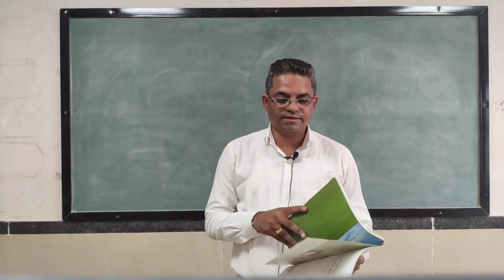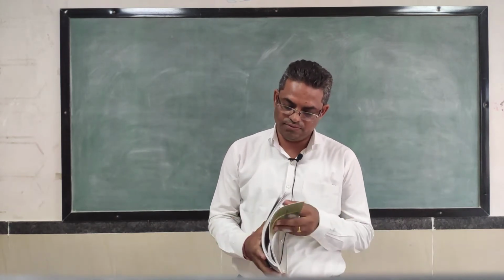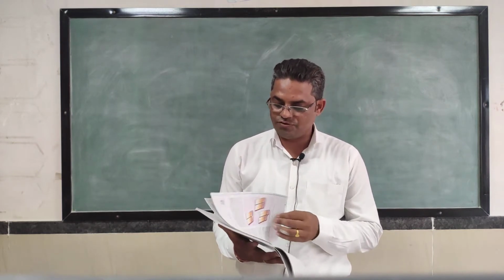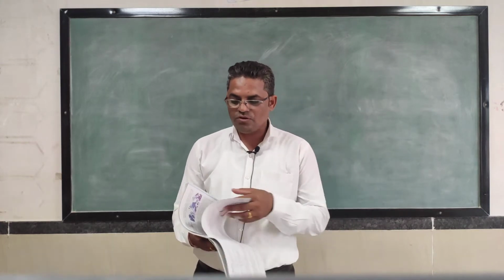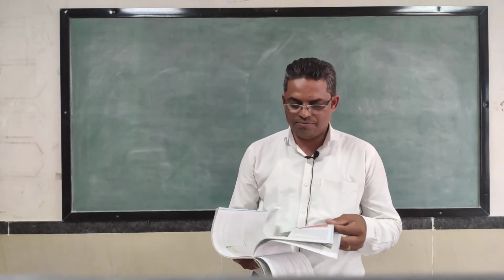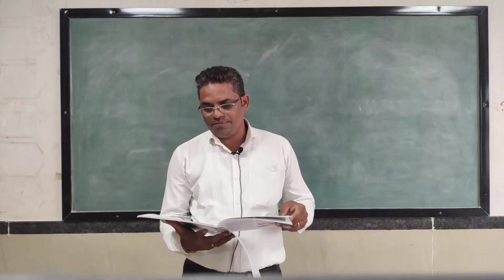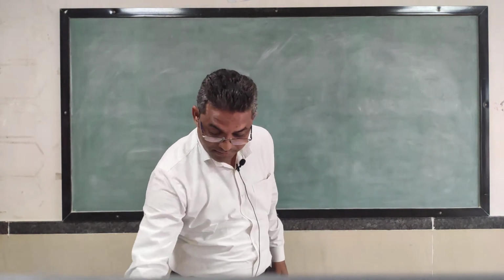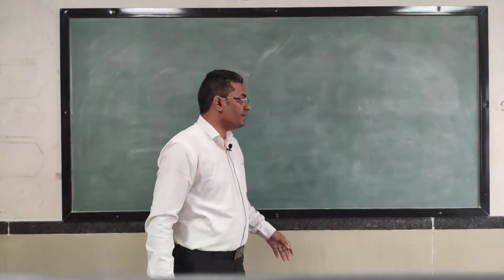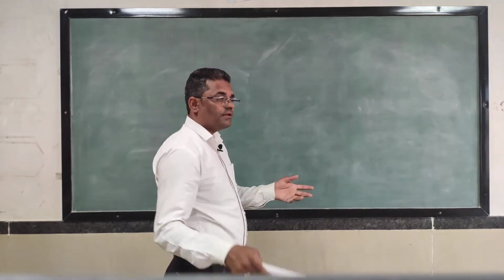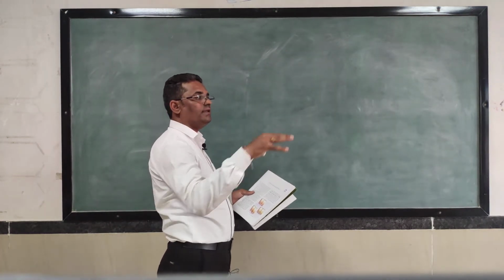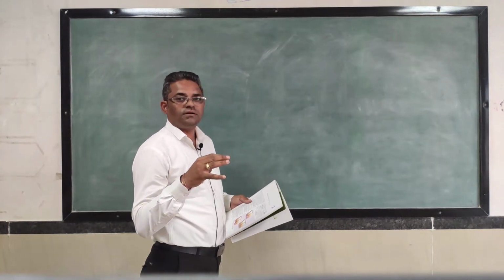The first chapter, India size and location, I have already sent you a video, and this is a very interesting chapter, physical features of India. Once you understand this, you understand several other things about India. For example, you understand that in the north of India there are the Himalayan mountains. So one thing you understand is the temperature of that part. In the southern part of India, you learn that the plains are there and the rivers are there, and it is surrounded by oceans on all three sides.